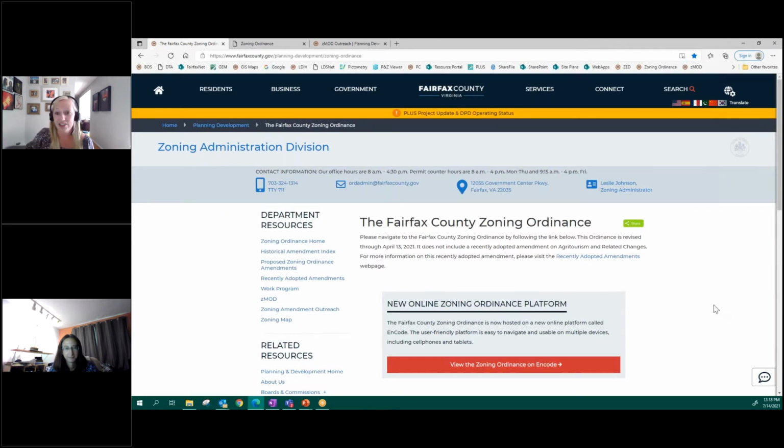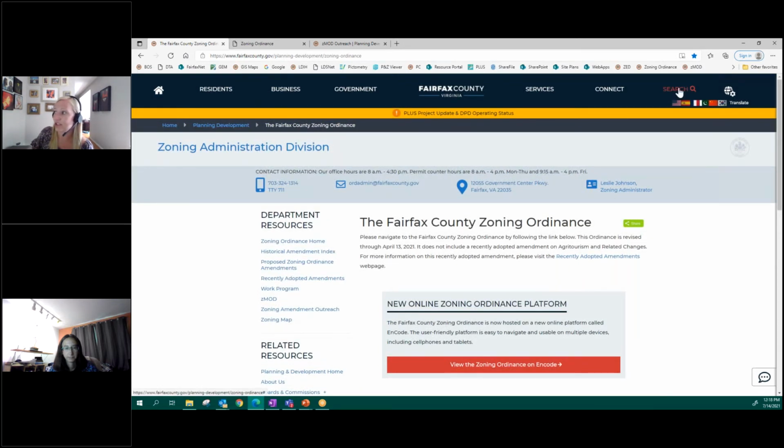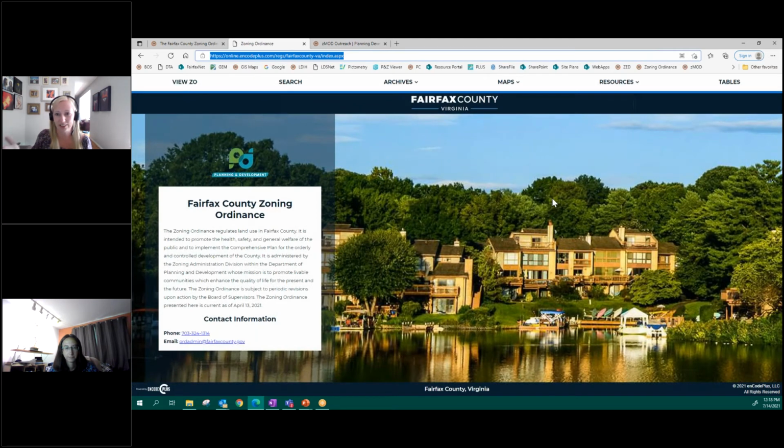So in order to get to our ENCODE platform, you can get there a variety of ways. This is our zoning ordinance homepage here on our Fairfax County government website. There's a big call out box, the red box that says view the zoning ordinance on ENCODE, so you can click straight to it there. You can also use the search feature anywhere on the Fairfax County government website, or Google as well, many ways to get there. But when you click on this red button, you're going to be taken to our landing page,